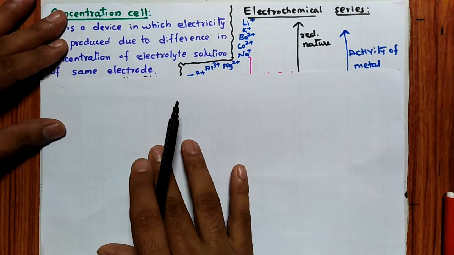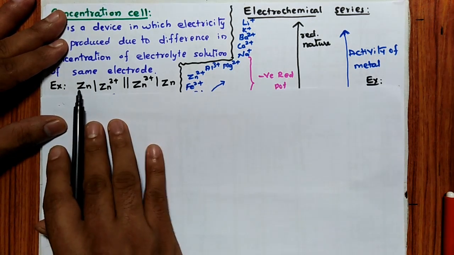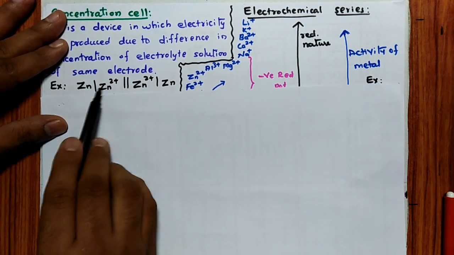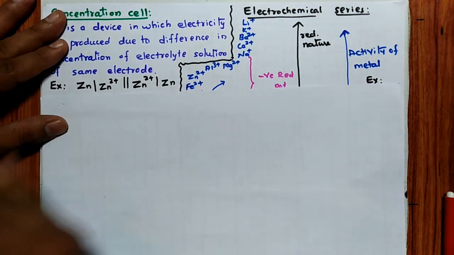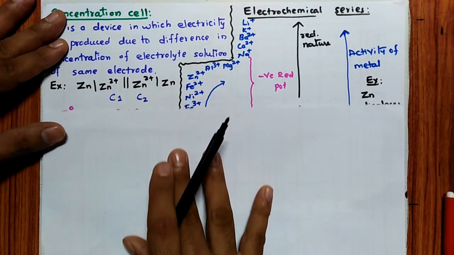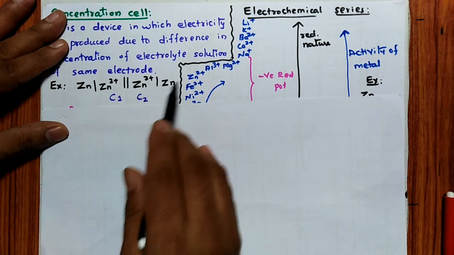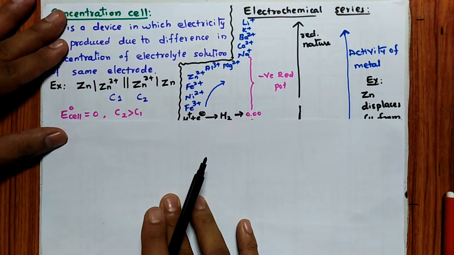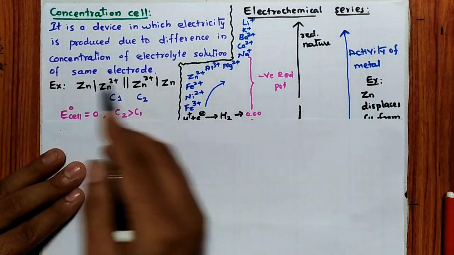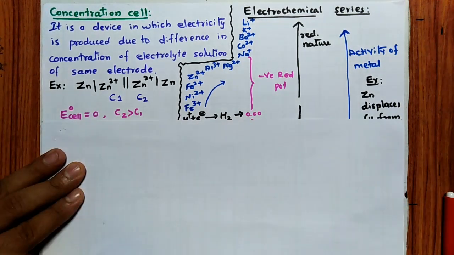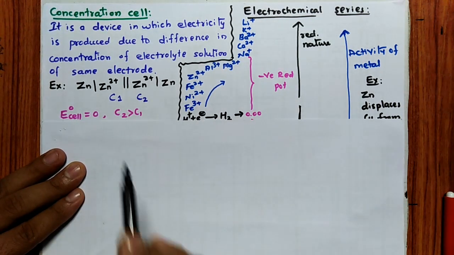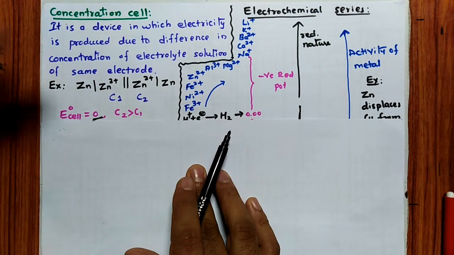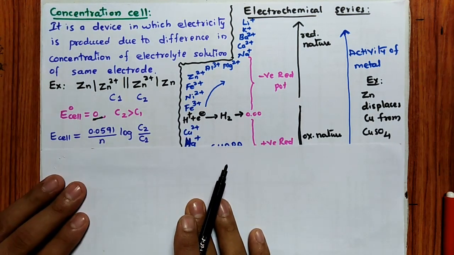Concentration is different. So remember always for such reactions, see Zn2 plus, Zn2 plus, Zn. Once again I have written Zn2 plus here, which means this has a lesser reduction value and this has a more reduction value. So remember C2 more than C1. C2 I have taken here, C1 I have written here. C2 is always more than C1. Then E naught cell is equal to 0. That you can understand because E naught of this zinc and this zinc is the same, minus 0.76. So E naught cell will be the same. Both are same. Hence E naught cell is equal to 0. For C2 minus C1, then you apply the Nernst equation, you are going to get E cell is equal to 0.0591.